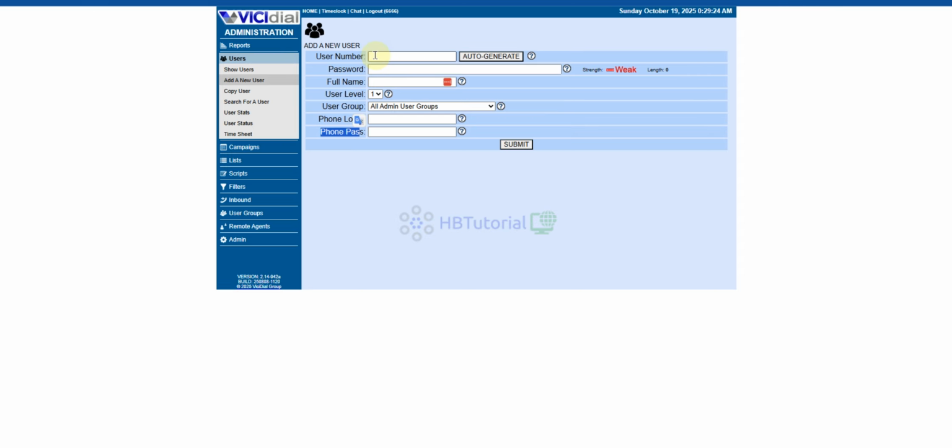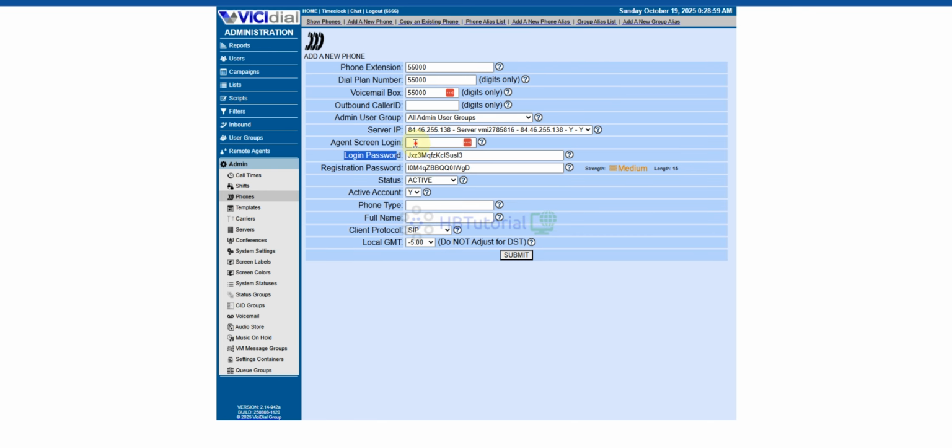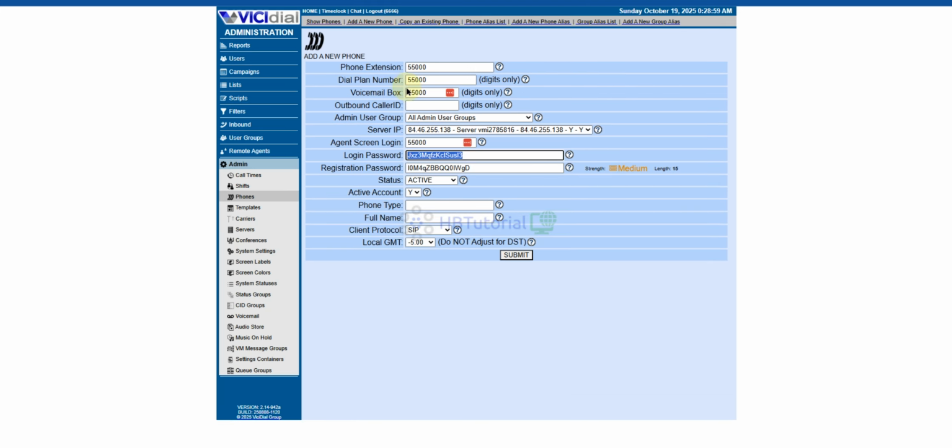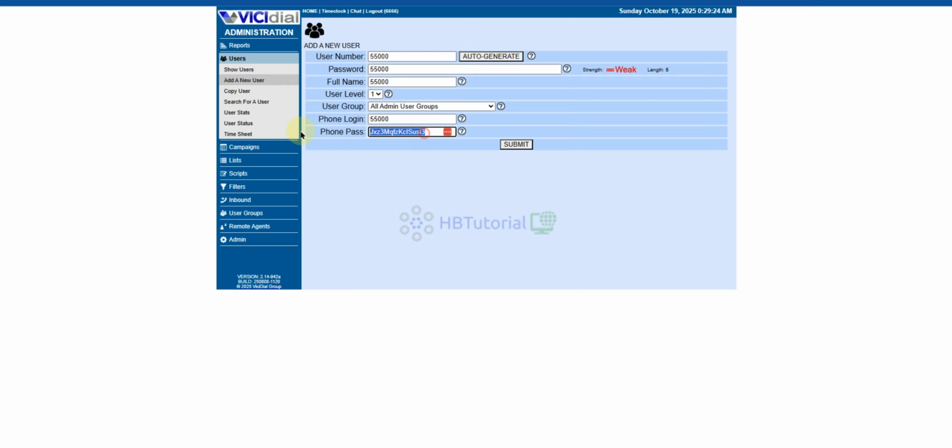So I'll just create a user with the login username as the number, and I put it here also. For the login password, I can copy this one and paste it over there, or you can also use the same. Copy and paste.